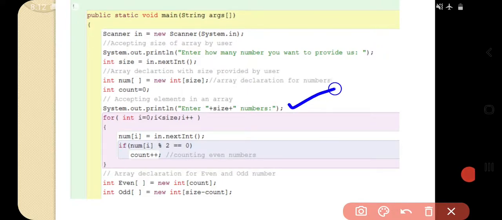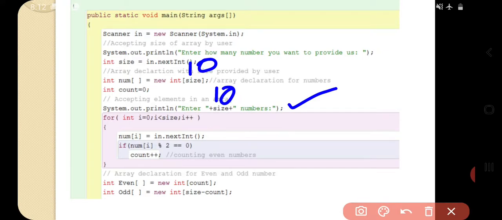Firstly, we want to ask from the user the number of elements. That's why I had written enter size and then numbers. If the user provides me size 10, then I had written enter 10 numbers.